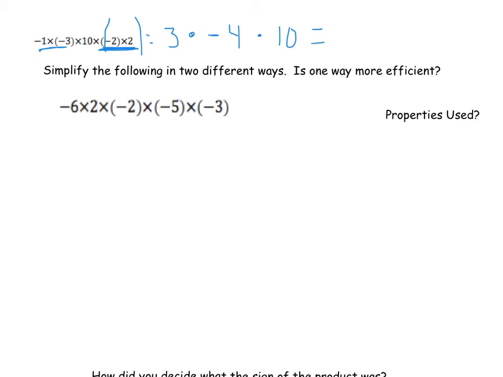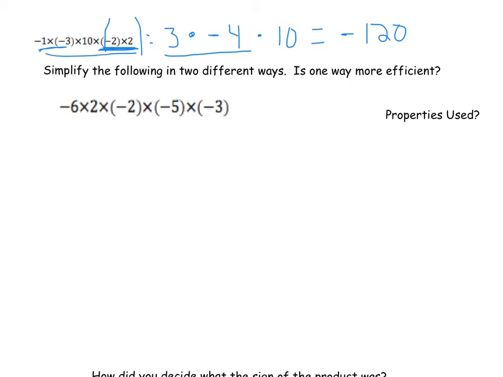And now I'm going to multiply across left to right. So I have 3 times -4 is a -12, times 10 is a -120. So with very, very little work, I was able to group the numbers differently to multiply them because they're all